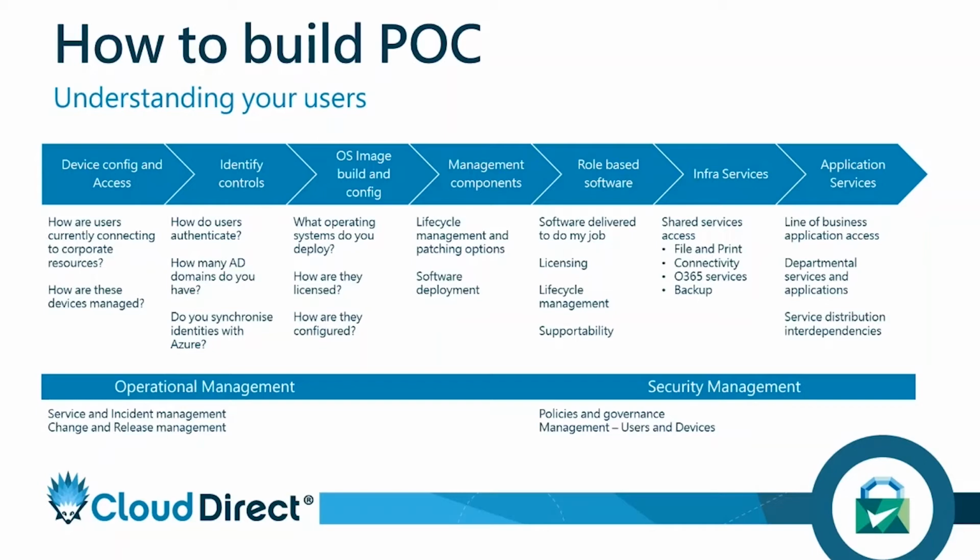Moving into identity, how do I know that it's me logging in and it's not someone else? How do I enforce controls for identity management? Okay, Active Directory is the central component of that, but how do I extend that into Azure? How do I extend it into WVD? How do I start enforcing policy controls, things like conditional access and multi-factor authentication, so that I do say, okay,